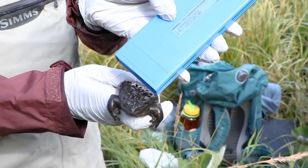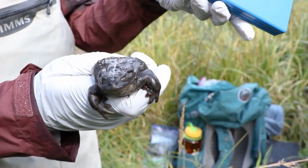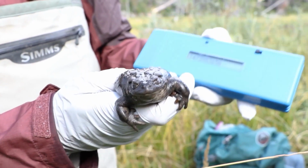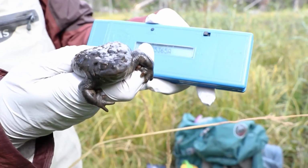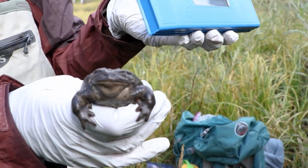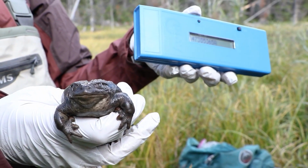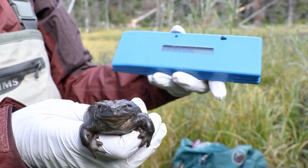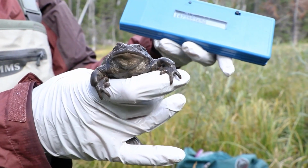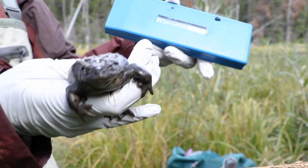The scanner displays a number. So the tag in this toad is just like the little microchip in a dog or cat. And so you can scan it and you get basically an individual ID for that specific toad. And so right now we just know the ID number. But if we go into the computer system and enter this code, then we can see how large this guy was in previous years when we've caught him, how often we catch him,